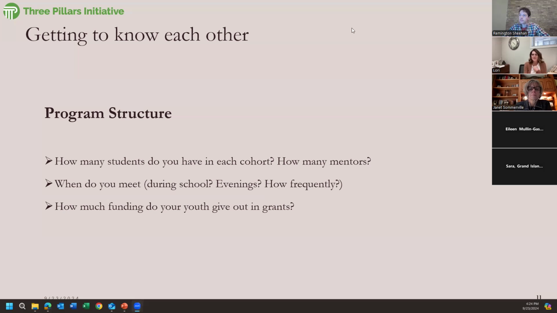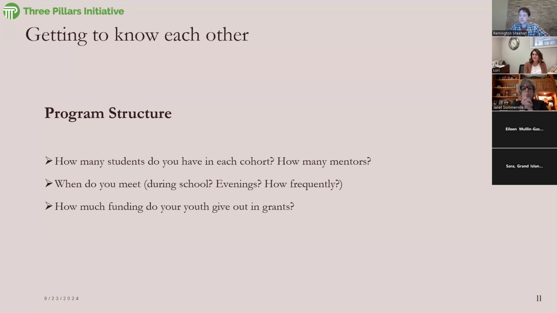This year, excuse me, we've doubled our numbers. We have 23 students. We have 8 mentors, and we meet always just on Sunday afternoons so far. Sounds like it's going to work. And the amount they will grant is going to depend on what the seniors raise this year. We're hoping for $10,000 again, but down the road, hoping that amount increases every year. Yeah, and you're in Hamilton County, right? In Nebraska, just for those of you that may not know. Yes, sorry, Youth Engaged in Philanthropy.